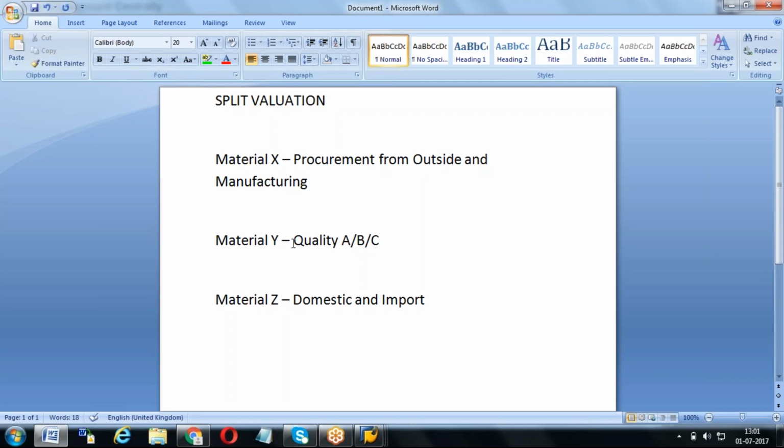I'm just giving an example. Three qualities are available, but first quality they will use for human consumption, B quality for animals, C quality for fertilizers, same material. Then quality A cost is 100 rupees, quality B is 60, quality C is 30 rupees. Means same material should have three accounting views. That also can be achieved with split valuation.